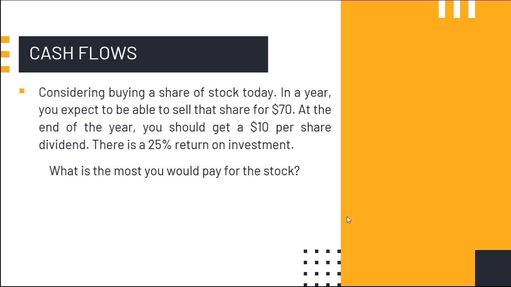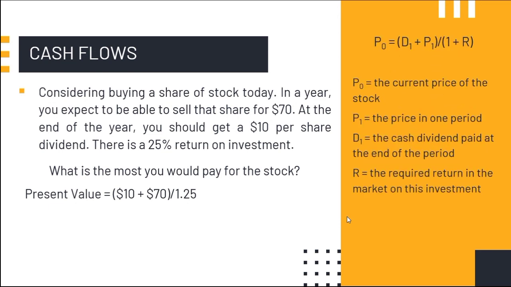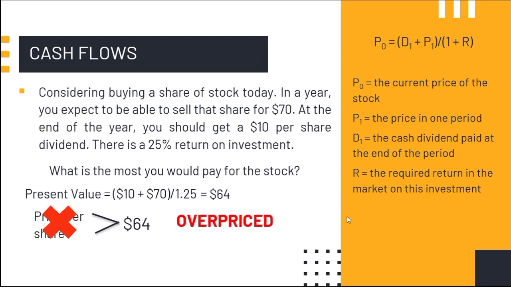So if you buy the stock today and sell it at the end of the year, you will have $80 in cash divided by 1 plus a 25% discount rate, so the present value of the stock will be $64. So it implies that if a share of stock is sold for more than $64, you should not buy it since its value is not that high. So that share of stock is overpriced. However, if shares are less than $64 per share, you should buy them since they are a great deal.